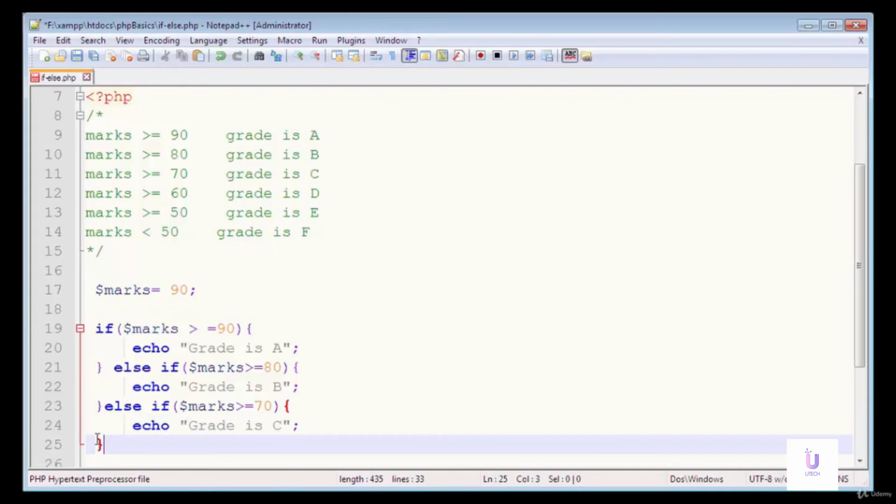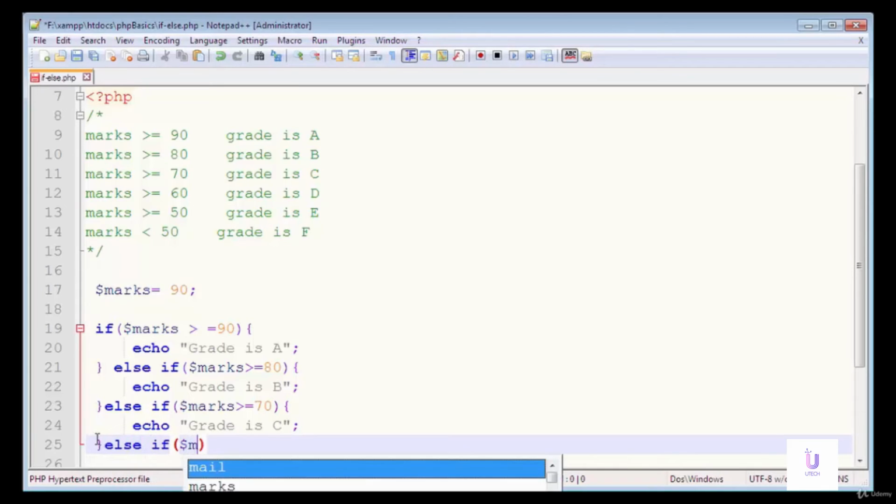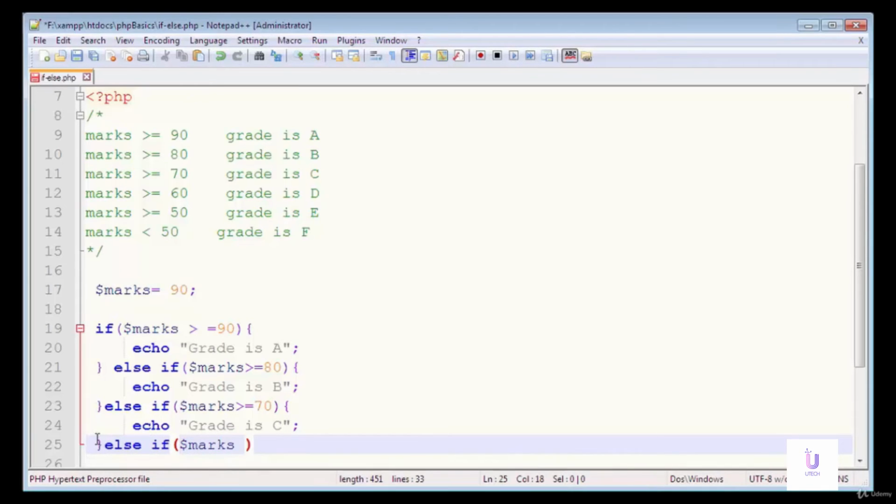Similarly here will be another else statement followed by an if statement, else if marks greater than equals to 60, then the grade will be D of the student.